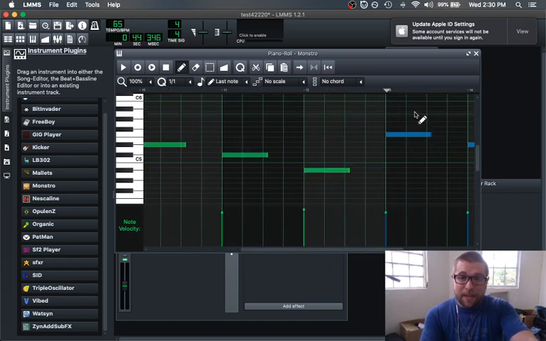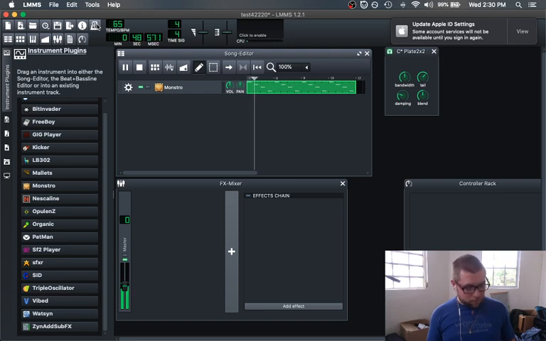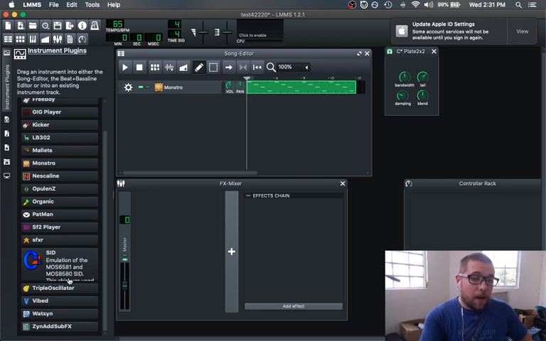So 16 bars. Basic, right? That's a 4-bar loop, so now let's make a not 4-bar loop, shall we?